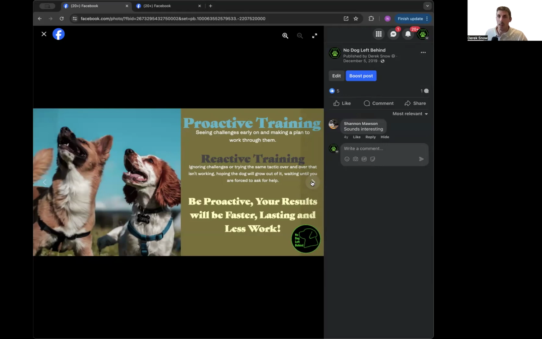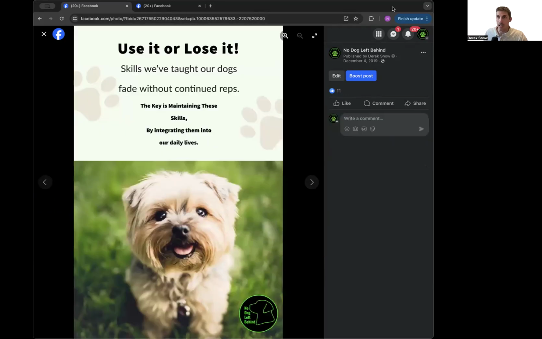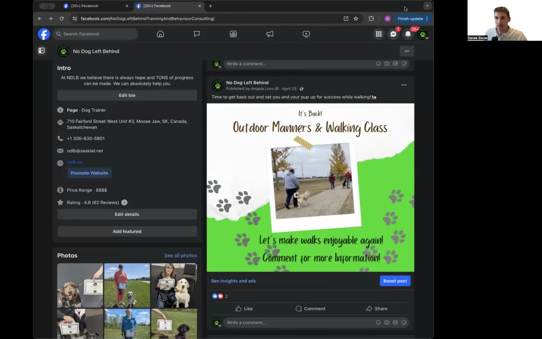So we want to tailor our content to get more eyes on it using some of Facebook's internal stuff, and I'll show you that in a moment. Same deal here, 11. Okay, now I'm going to switch to a different screen, and I'm going to show you where we used